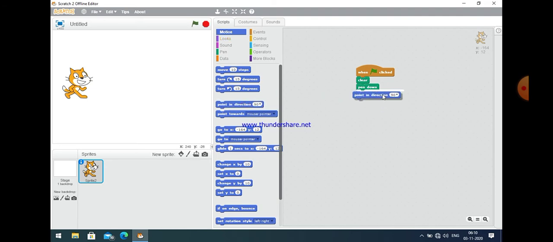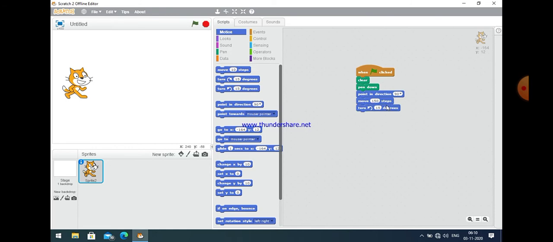So I just take a command move 90 degree, and then point in direction 90 degree. Basically point in direction 90 degree helps you to point the object in 90 degree, meaning in forward direction, and then after that move 100 steps.